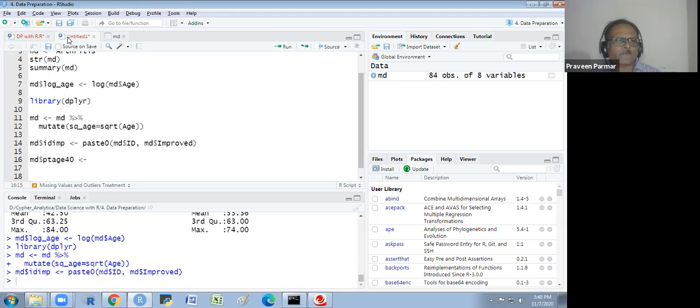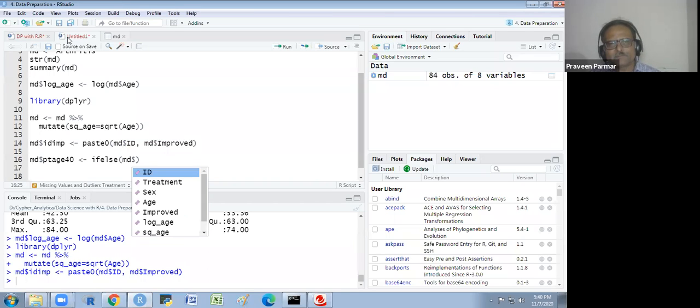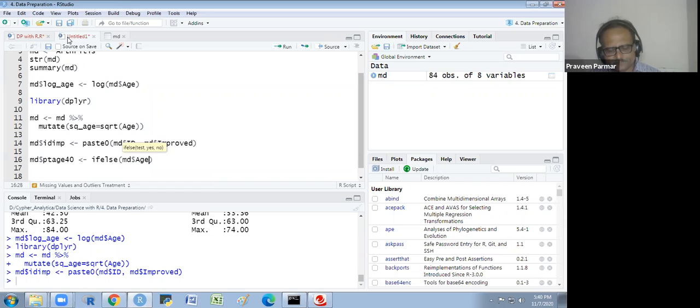and then I use one if else statement. If else MD dollar age is smaller than 40.